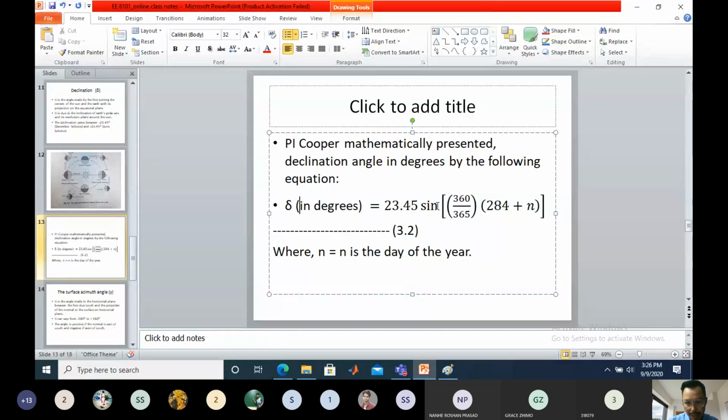That is 23.45 sine of 360 divided by 365 times (284 plus n). n is nothing but the day of the year, or you can say any day of the year. For example, if you want to find out the declination angle on February 2nd, the n value will be, for January it's already 31. For February, if you consider up to 2nd February, you will add another two days, that is 31 plus 2, which is actually 33. So on February 2nd, the n value will be 33. So you just have to put n equal to 33 and solve this equation. You'll get the declination angle. Okay, so based on the value of n, you will find that sometimes it will be positive,